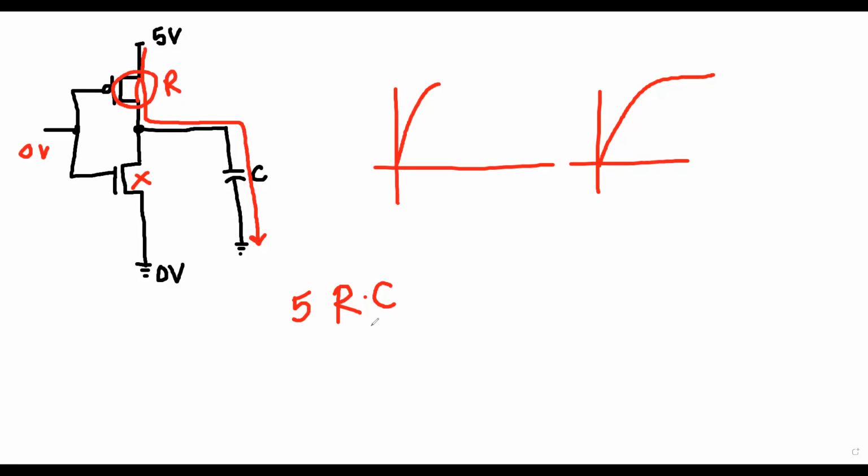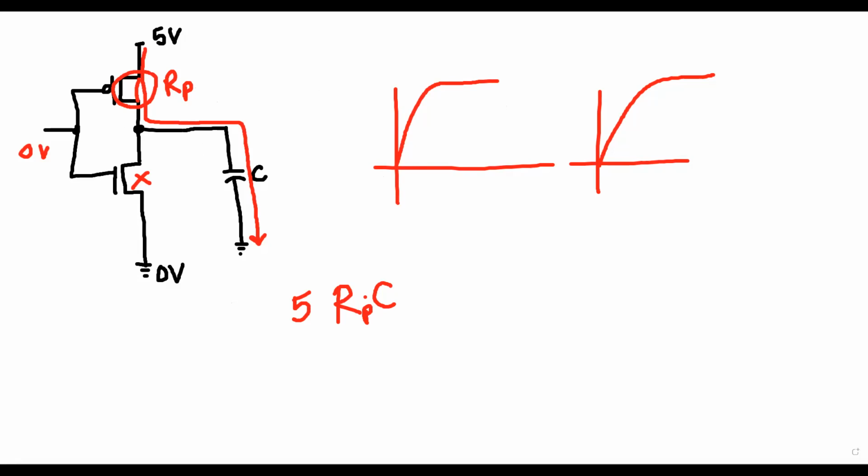This R and this C will control how fast the charging will be completed. Got my point? Got it, everyone? So remember, there is a C here. Let's call it RP, that means the PMOS resistance. PMOS resistance times C, so this is your charging time. While charging, it is going to go up like that, so your output will be 1. Got my point? Your output will be 1.